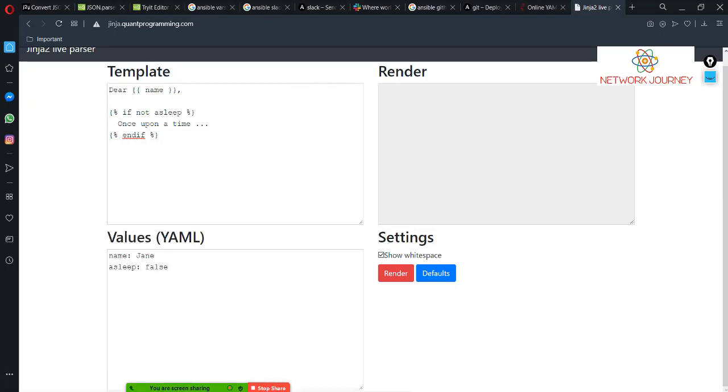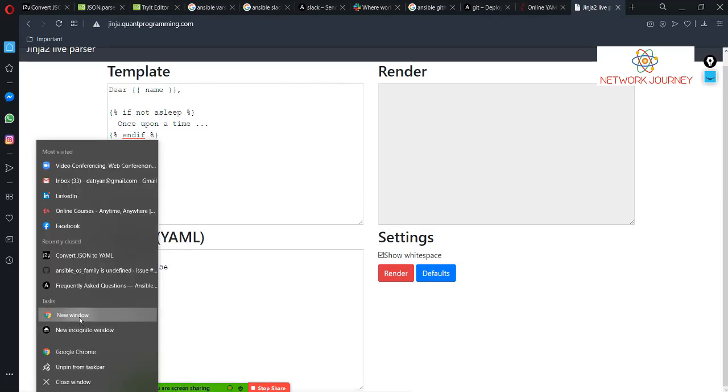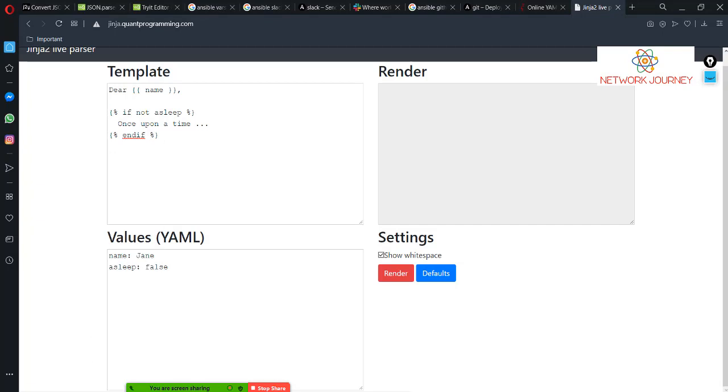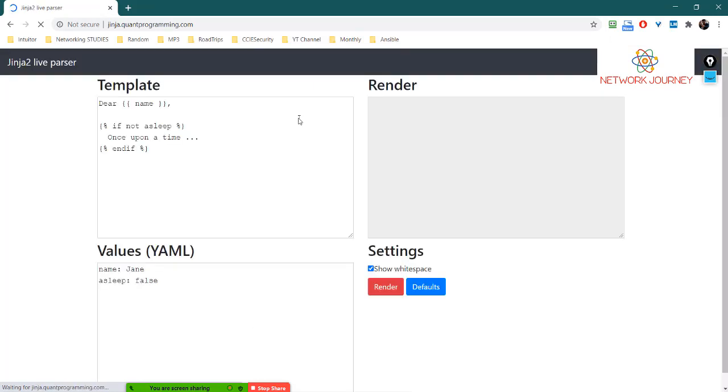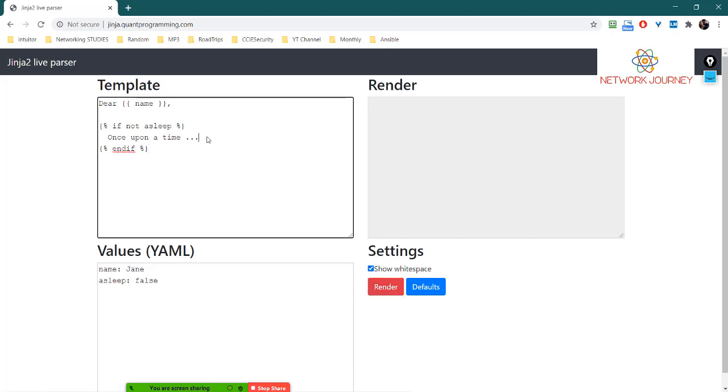I'm using it on Chrome. Okay, let me write here.